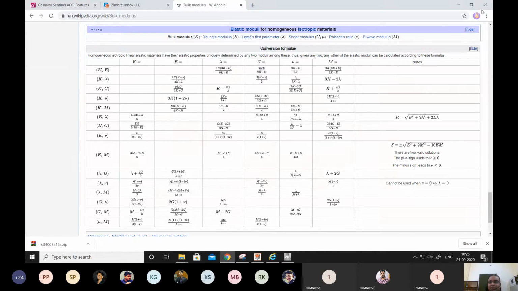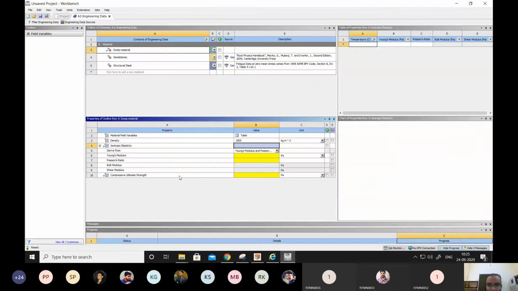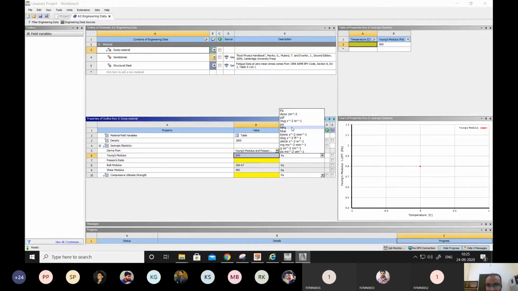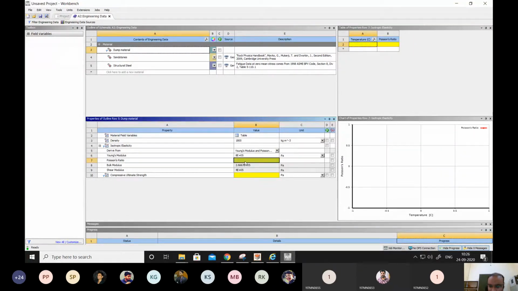So that's why this also does the same thing. You can derive all the values from Young's modulus and Poisson's ratio. So if we have a Young's modulus of, suppose, 800 kilopascal, you can just give that value. We don't have kilopascal here, so we'll just give 800,000, right? And a Poisson's ratio of, suppose, 0.35. So all things will be directly calculated based on this.